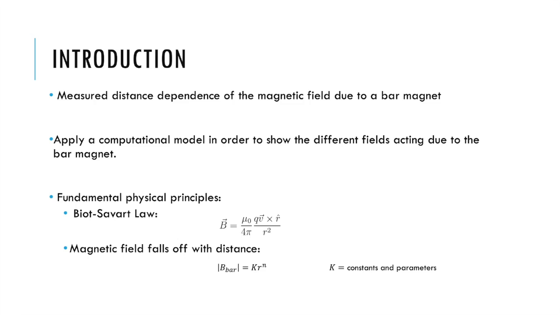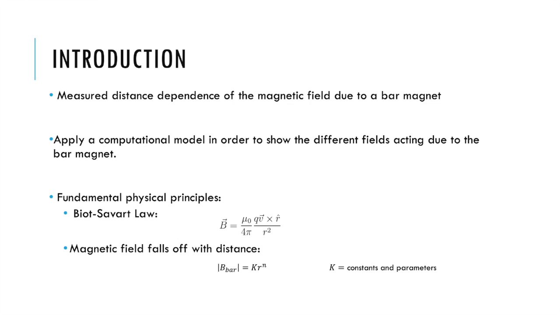the bar magnet. The main fundamental physical principle we used was the Biot-Savart law, which is the equation given here. This one is just due to a point charge, but we have similar equations for a dipole. Then we use the idea that the magnetic field falls off with distance. So we have the magnitude of B equals K r to the n, where K is just a constant and